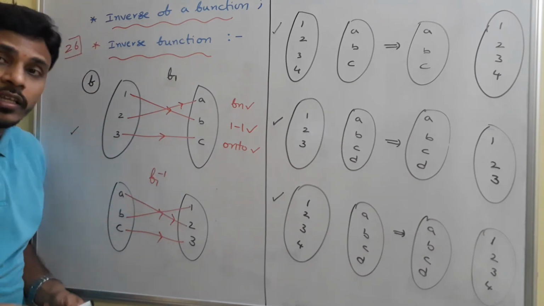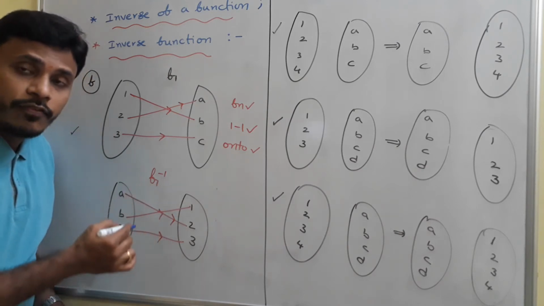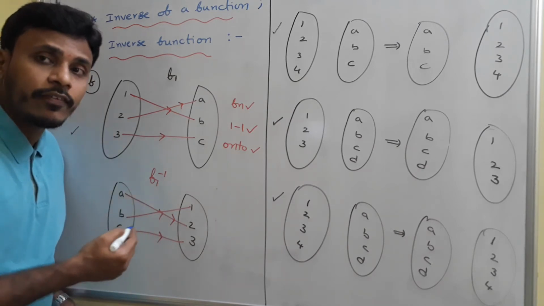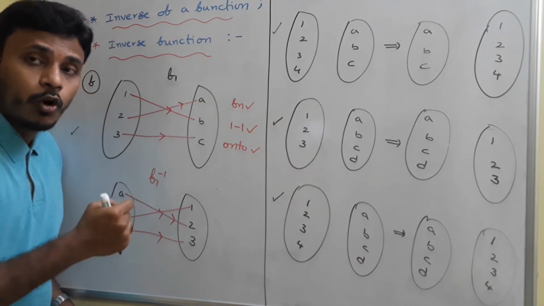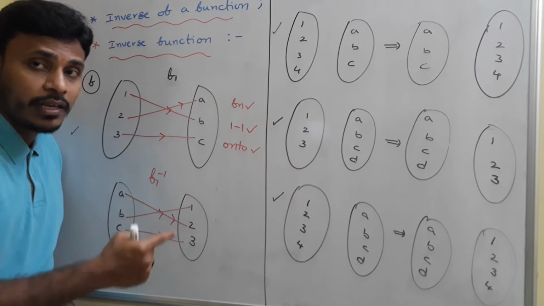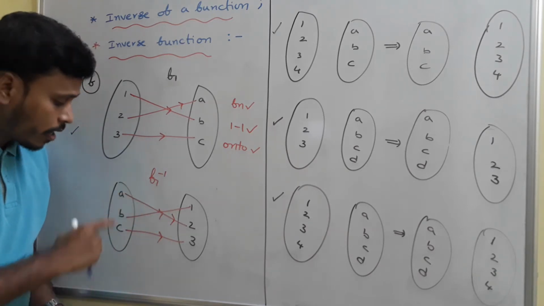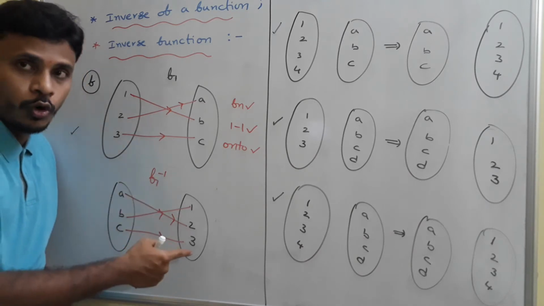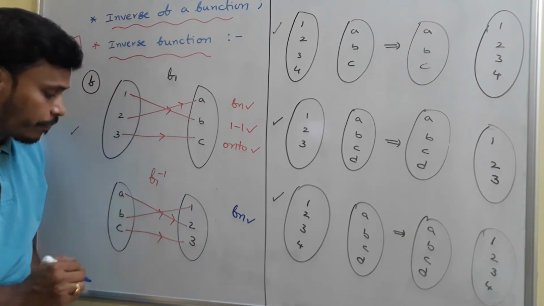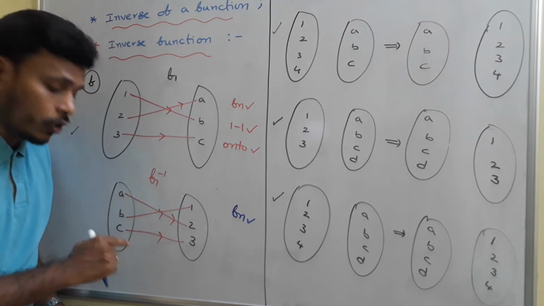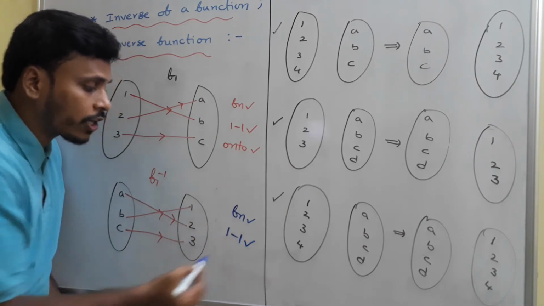Now think about f1 inverse. Whether it is a function or not. What is the definition of a function? Just recall it: every element of the first set has a unique image in the second set. Every element has a corresponding image, and only a unique image, and that's why this is a function. The next idea, see whether it is one-one or not. Different elements are connected to different elements, so we call it a one-one function also.